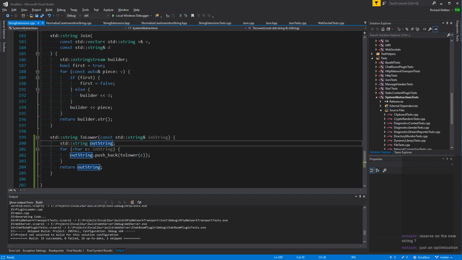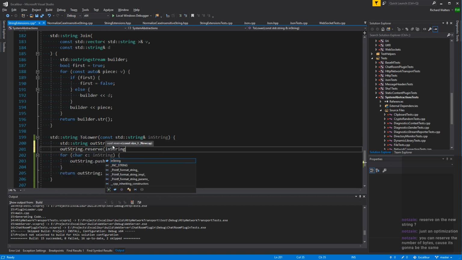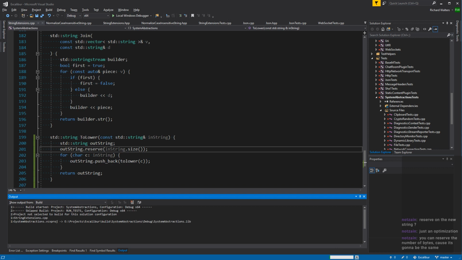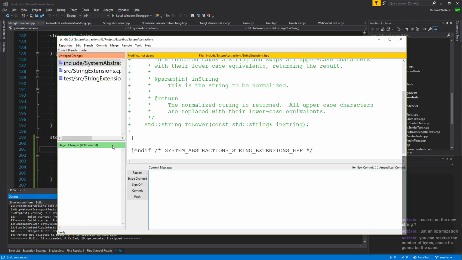Yeah, why don't we just throw that in? That wouldn't hurt, right? String.reserve in string dot size. Yep. Good call. I try to avoid optimizing in advance of needing it, but that one's such an easy one to do, right?